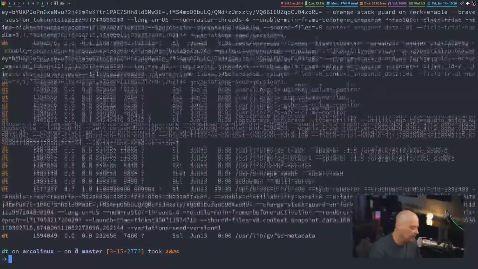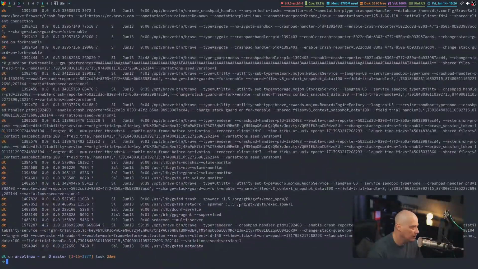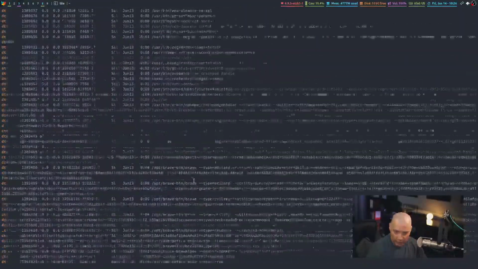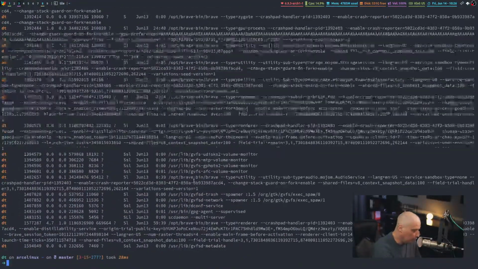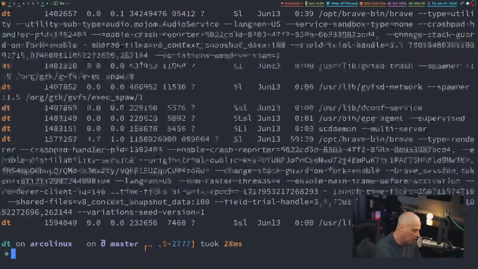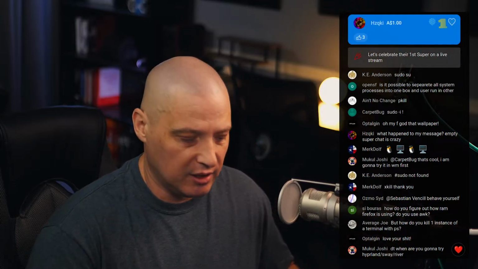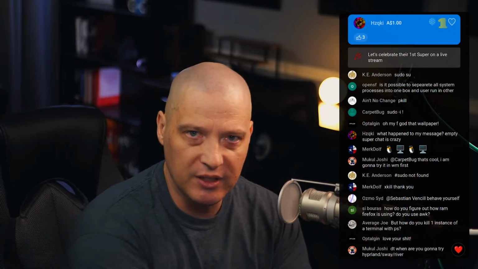And if I zoom back out so you can see, I get a pretty good list to work with, right? And of course, I could have grepped for root if I was looking for all the processes owned by root instead of DT. So yeah, we've covered a lot of the magic of the shell utilities